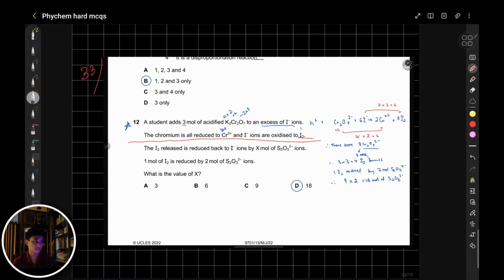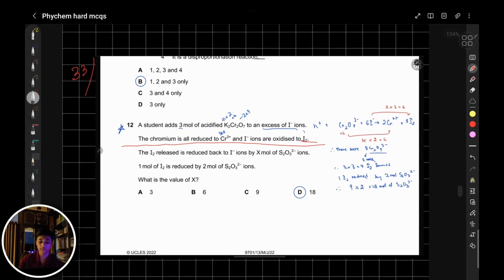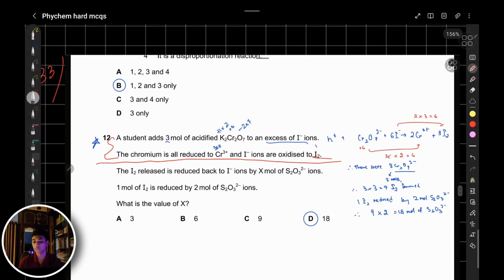A student adds 3 mole of acidified potassium chromate to an excess of iodide ions. The chromium is all reduced to chromium 3 plus ions, and iodide ions are oxidized to iodine gas, or iodine molecule. So if we look up till this part, the first part, potassium chromate is added to an excess of iodide ions. Okay, so let's figure out